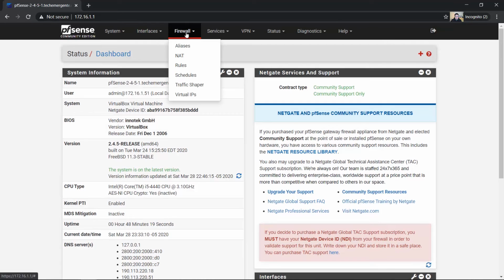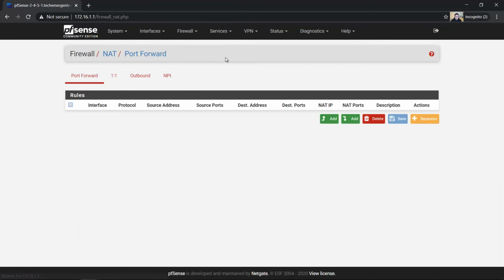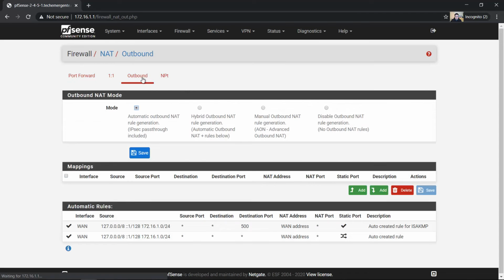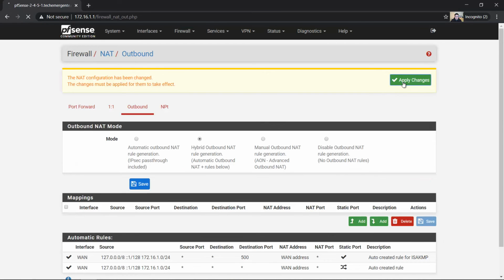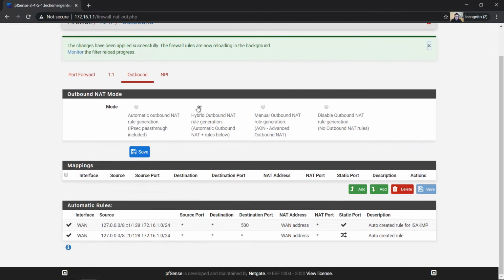Okay, go to firewall and NAT and outbound. Mode automatic outbound NAT. Change this to hybrid, automatic and static rules. Okay, save. Apply changes. Now hybrid. Okay,